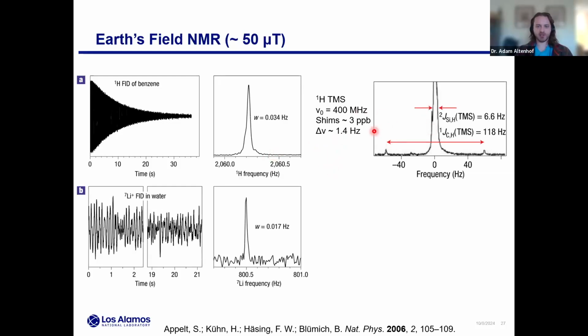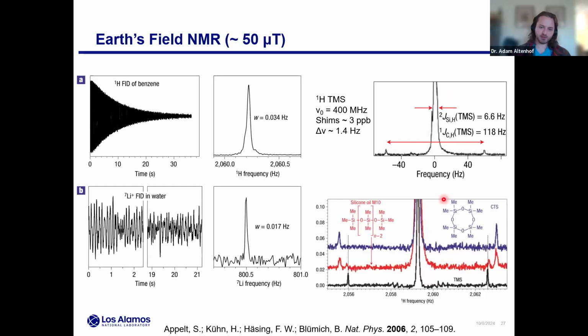So to show a very nice example from the same paper, this is the proton NMR of TMS, the well-known shift standard. They're on a 9.4 Tesla magnet, good shims. This main singlet line has a line width of about 1.4 hertz. And now looking down in the baseline, of course, we'll see carbon satellites, but we'll also see silicon satellites in TMS. In this case, the silicon J coupling is about 6.6 hertz, but you can see, even on this fancy system, we can't really resolve that coupling that well.